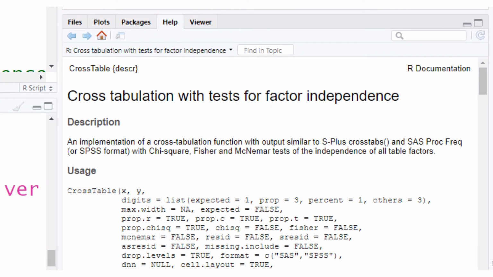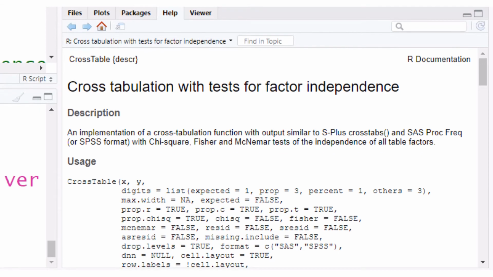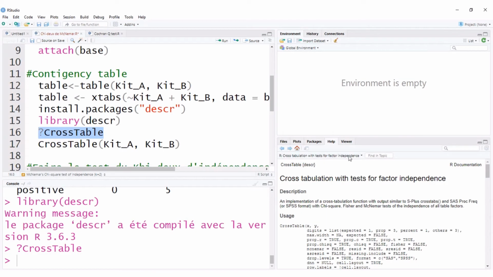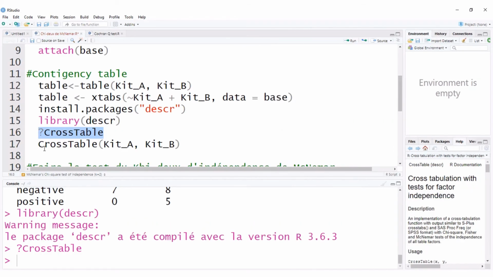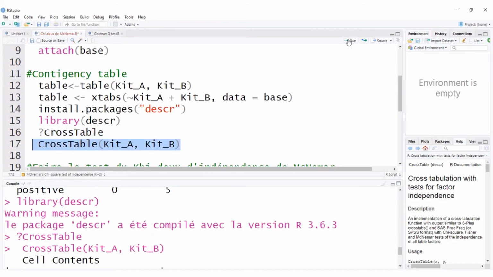an implementation of a cross tabulation function with output similar to S-PLUS crosstabs and whatsoever. This is not really important. I'm just trying to show you that you can look at the formula. It's very long, but you can customize it according to your needs. So we don't have to put much. We just say CrossTable, in brackets kit A, kit B, then it will give us the cross table,